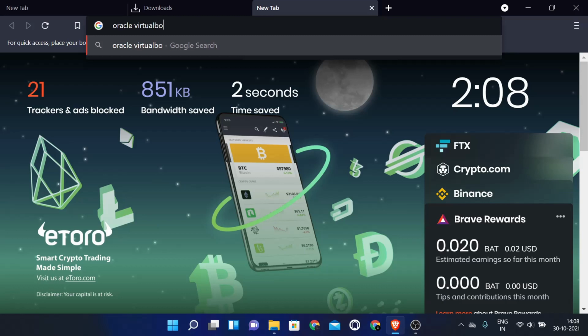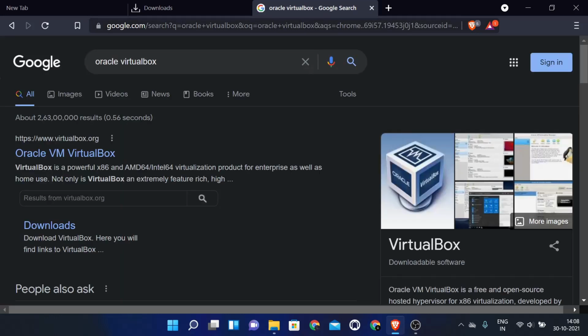Okay, so why am I choosing Oracle VirtualBox? This is because the first reason is that this VirtualBox is very much stable, okay, and that is my first priority,